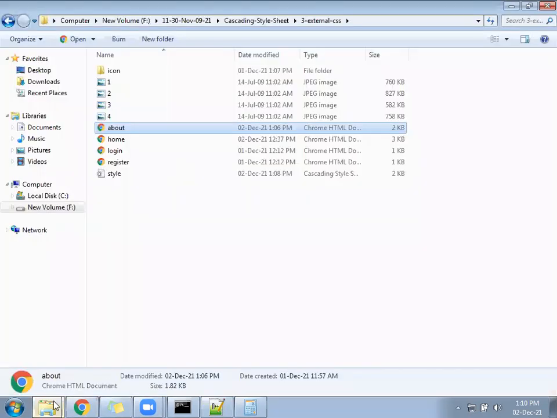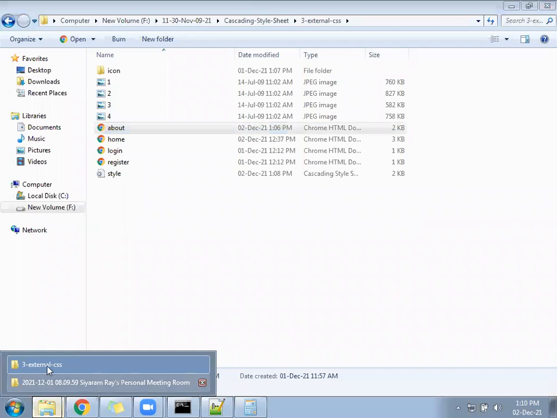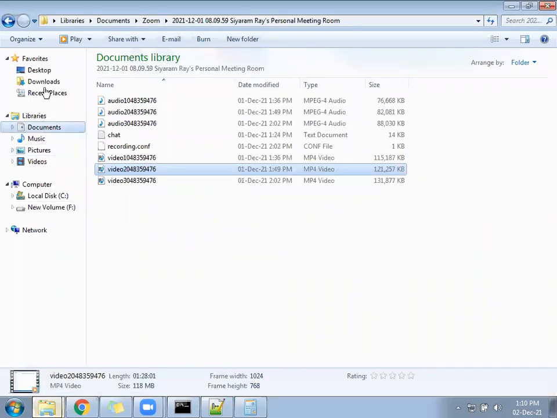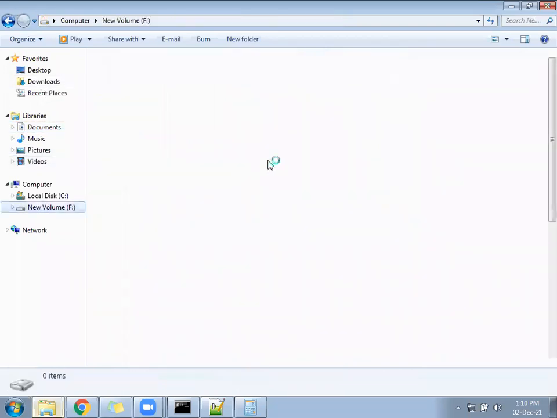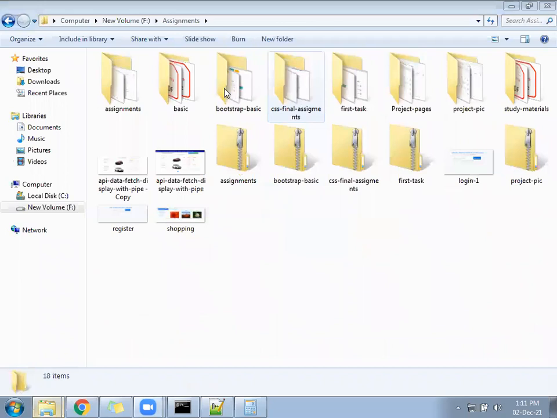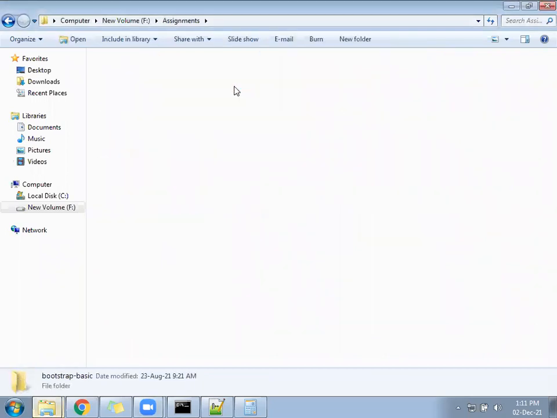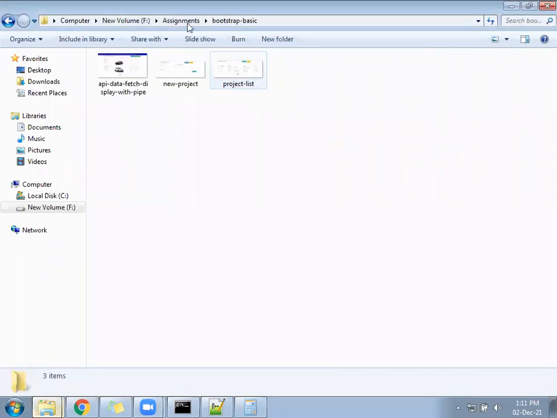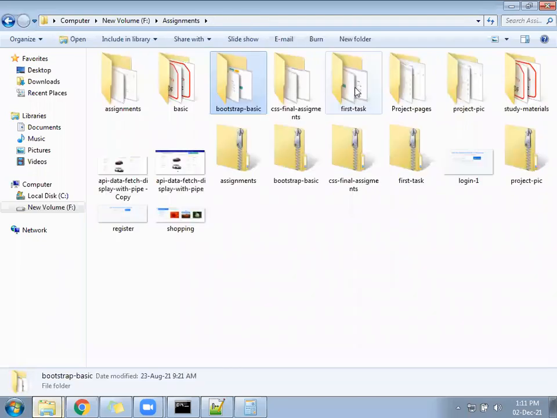If you are unable to log in, you can take the photo on your mobile phone also. I will show the photo here. Assignment folder, where are you? Then Bootstrap basic. First task.